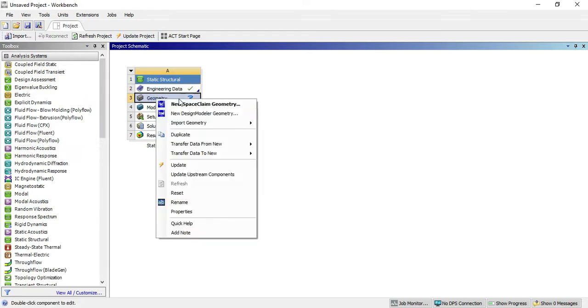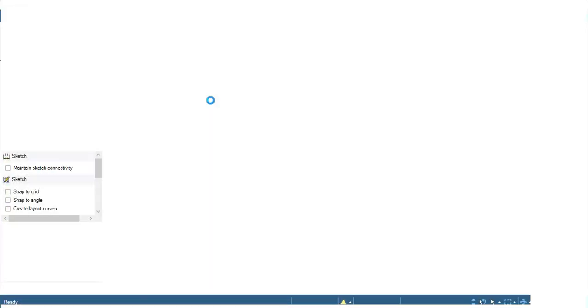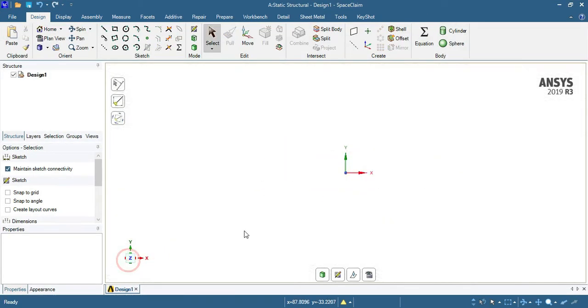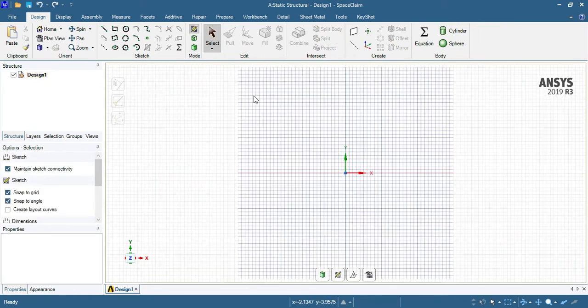Open SpaceClaim. So our SpaceClaim is opened here. So select a line.